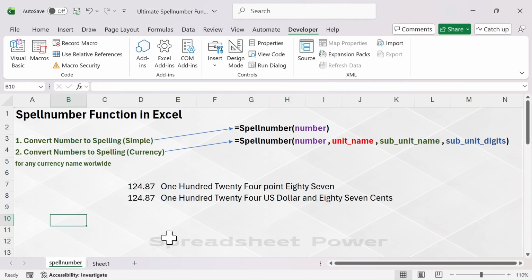Click on a cell, press equals, then type spell. Here you see the spell number function is given. Now you can use this spell number function for simple conversion of number to spelling and conversion of number to spelling in currency format. After creating this function in Excel, to save this function in the workbook, you have to